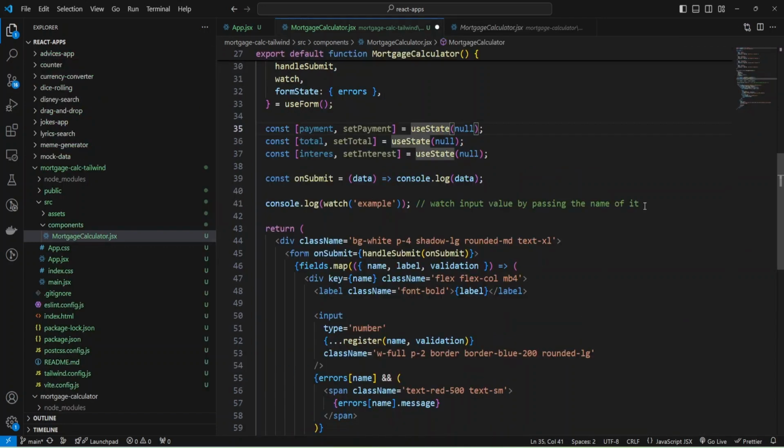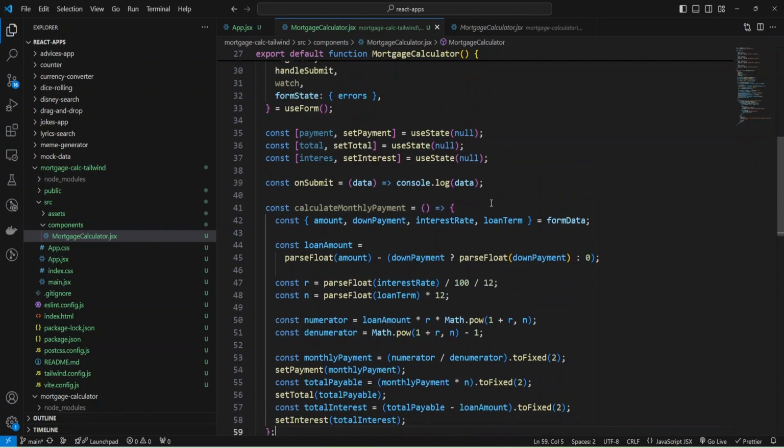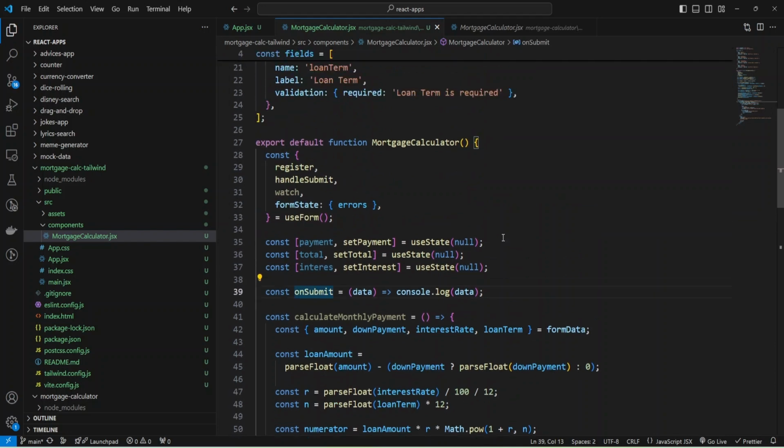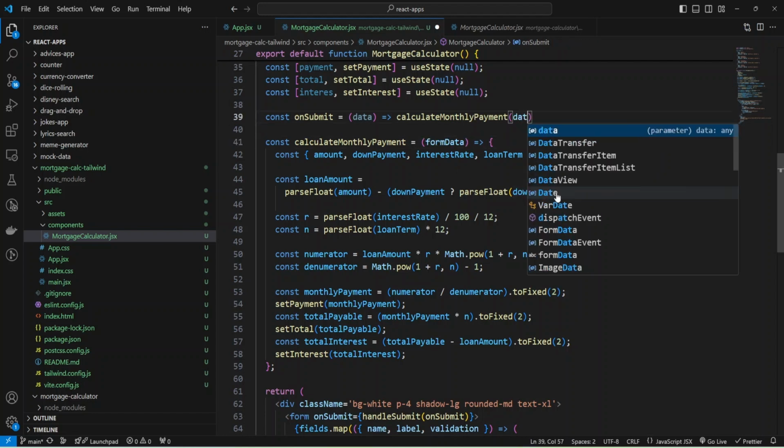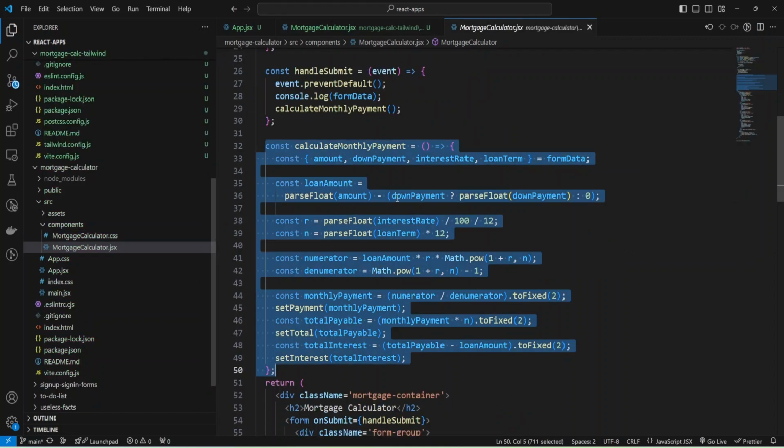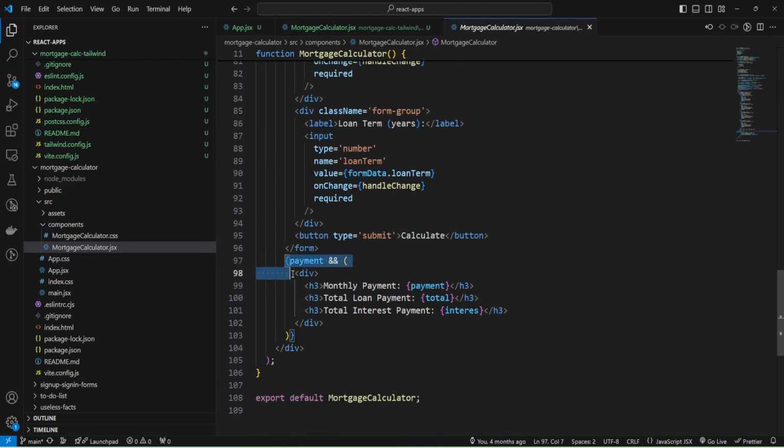Okay, and I can actually remove this console log, and we have this onSubmit function, and inside onSubmit function, I'll just provide calculate monthly payment and provide form data.